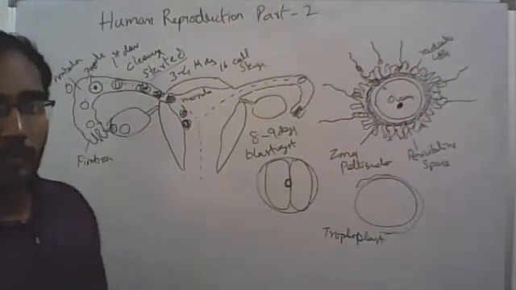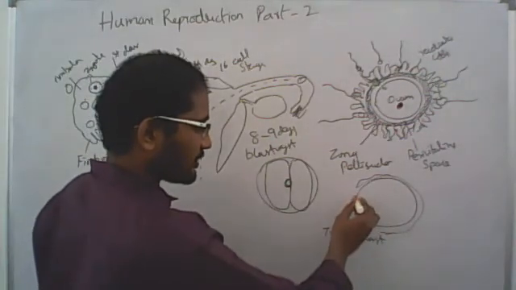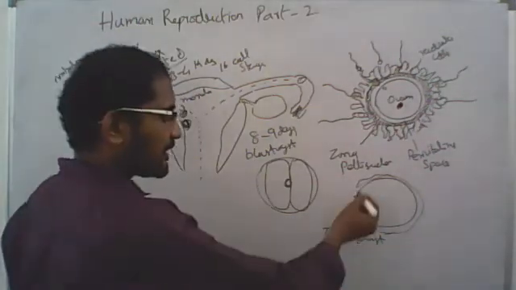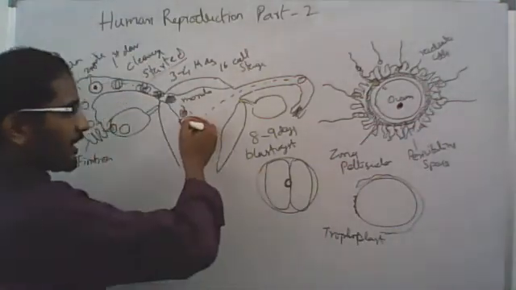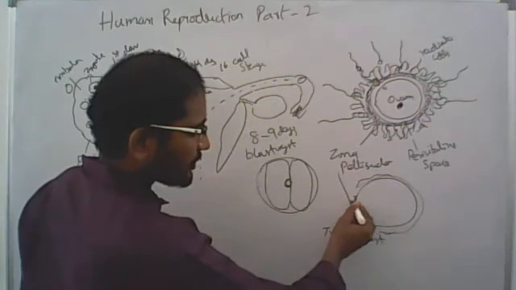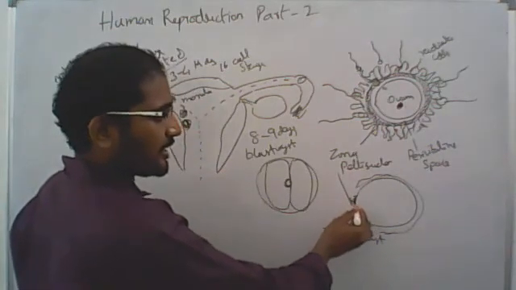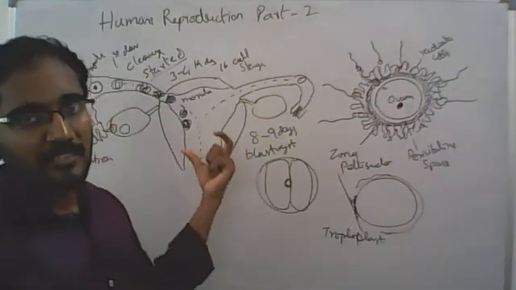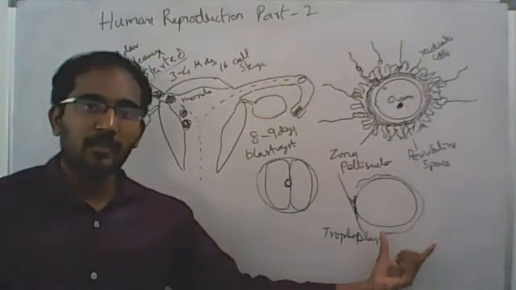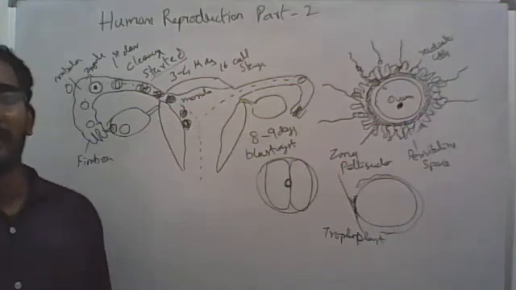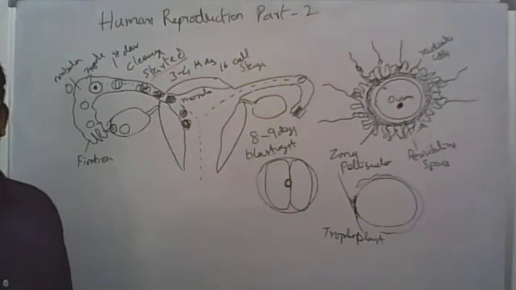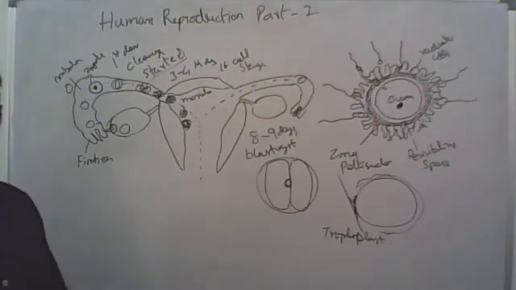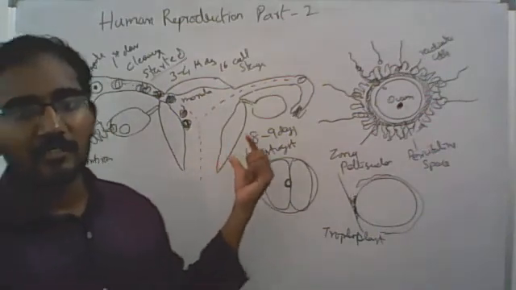This layer has some hair-like projections. These cells directly attach to the nearby endometrium layer, start dividing mitotically, and attach firmly to the endometrium. This is how implantation happens. Implantation is the attachment of the fertilized embryo in the endometrium layer. It may be on either side, whichever side the ovum was released. This is how implantation occurs.